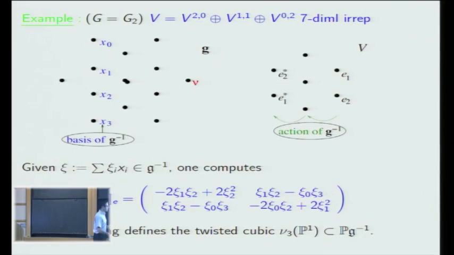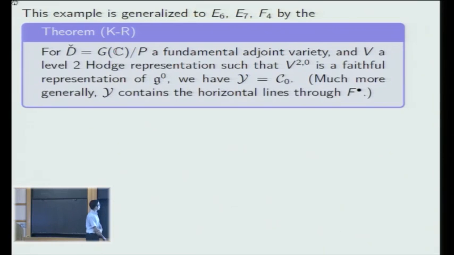You get this. And that defines the twisted cubic. So this gives a Hodge theoretic interpretation to the subadjoint variety in that particular case. But it generalizes somewhat. So it generalizes to E6, E7, F4 by this theorem, and to a couple other cases via just computation. But this result says that for